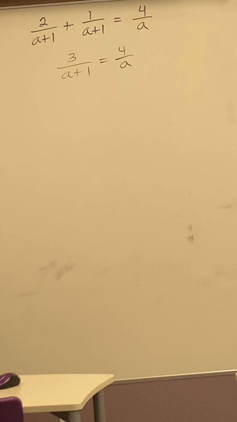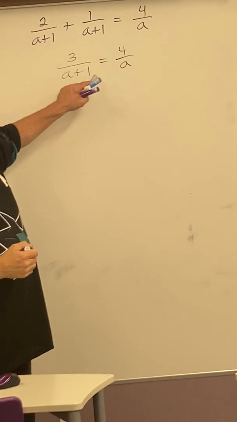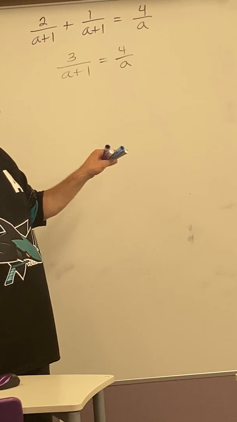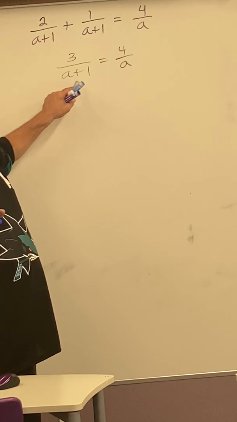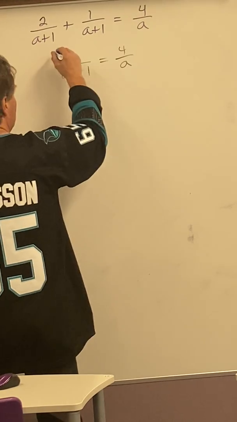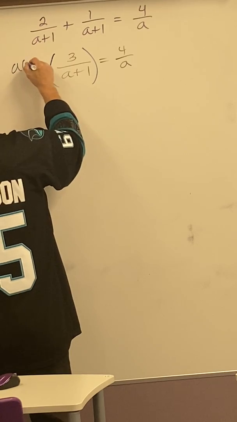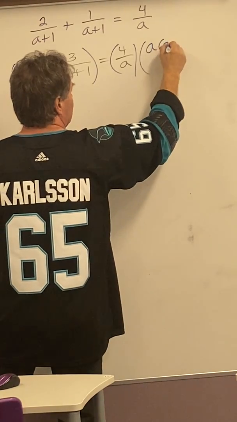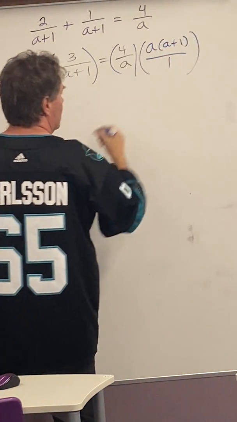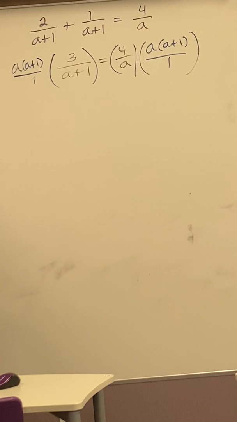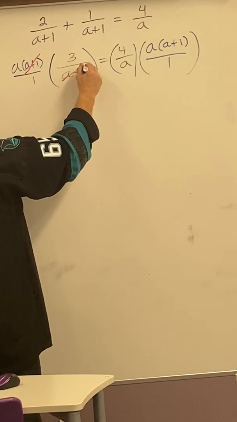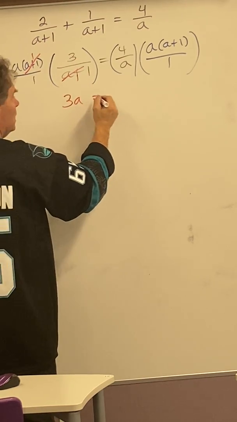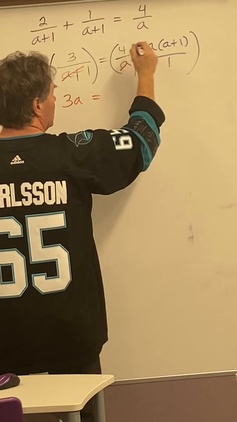Okay. So the least common multiple of these, a plus 1 and a, remember, they don't have anything in common other than 1. Everything always has a 1, right? So their least common multiple is just going to be multiply those things together. So it's going to be a times a plus 1. And over here, same idea, a times a plus 1. Now, what's going to happen? Watch, the a plus 1s are going to cancel. And I get a times 3, which is known as 3a, equals, these a's cancel, and I get 4 times